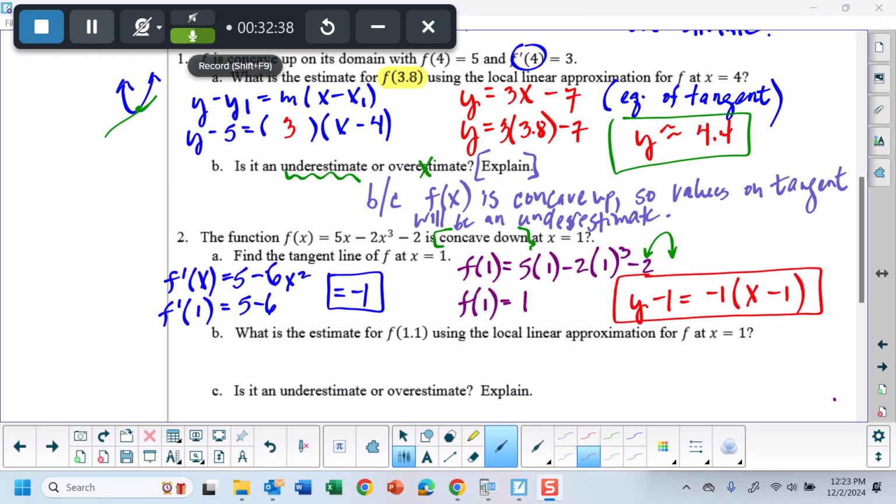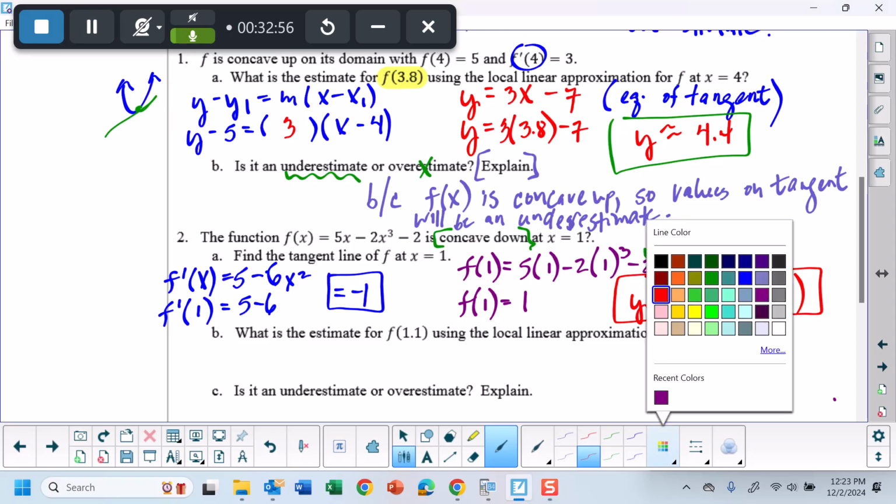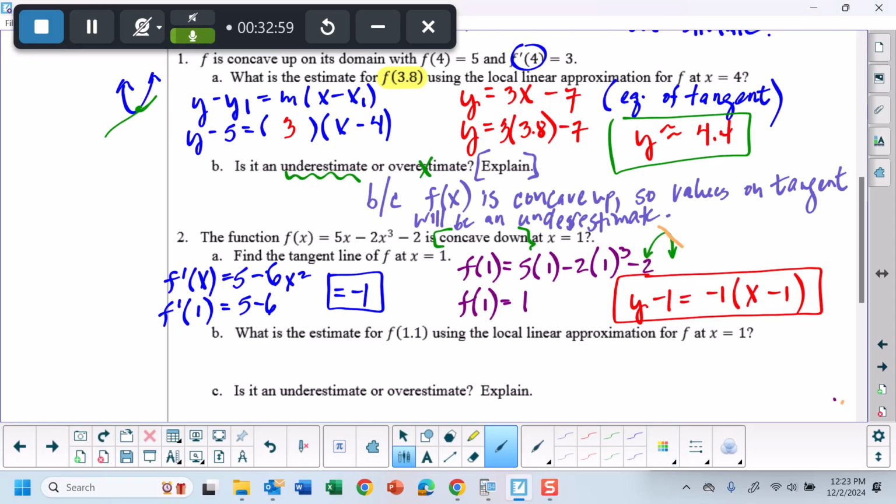All right, so this part here is nothing new. What's in blue is figuring out the instantaneous rate of change of the curve at that endpoint. What's in purple is figuring out the xy ordered pair of where that tangent and my curve meet. So if I have my curve right here, this point that they share is (1, 1) with a slope of -1. When they ask what the estimate is for f of 1.1 using local linear approximation for f at x equal to 1,